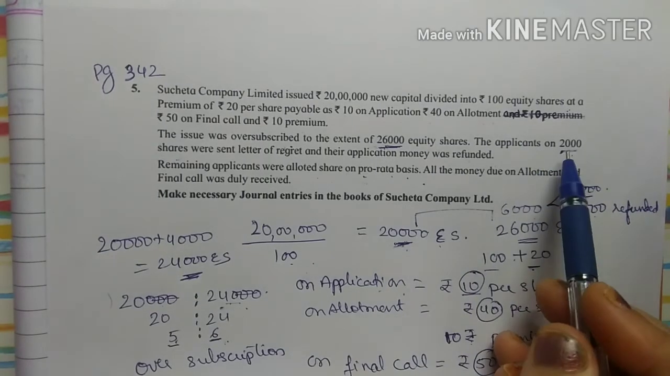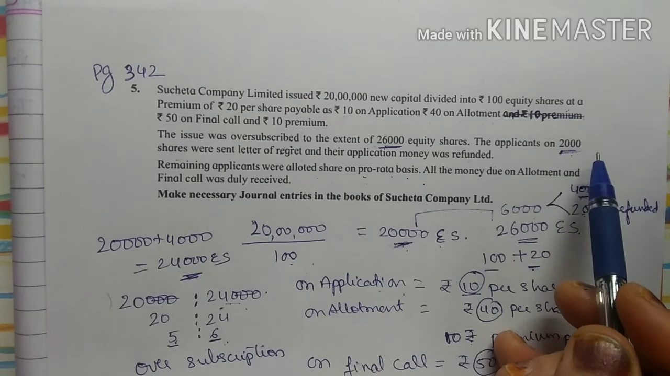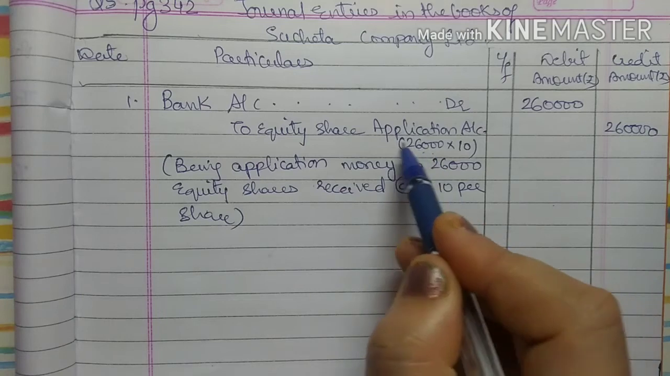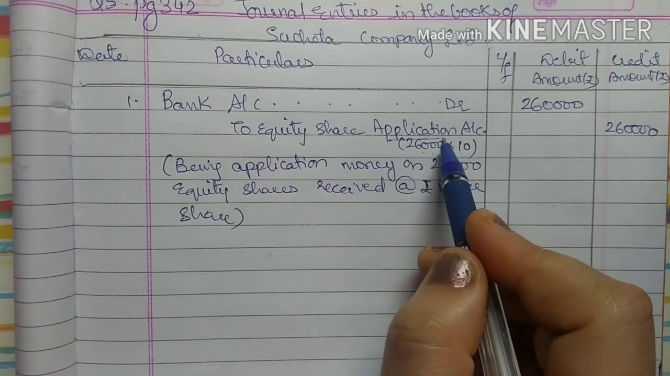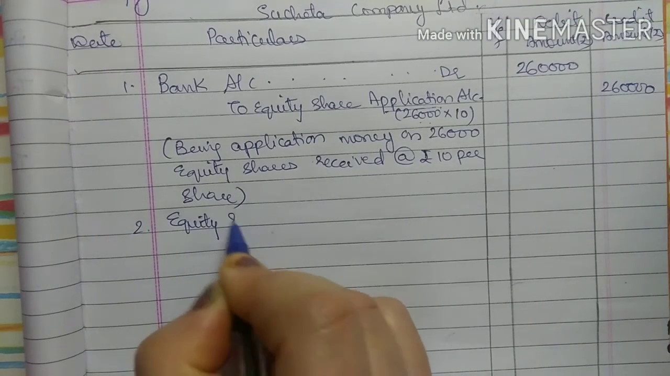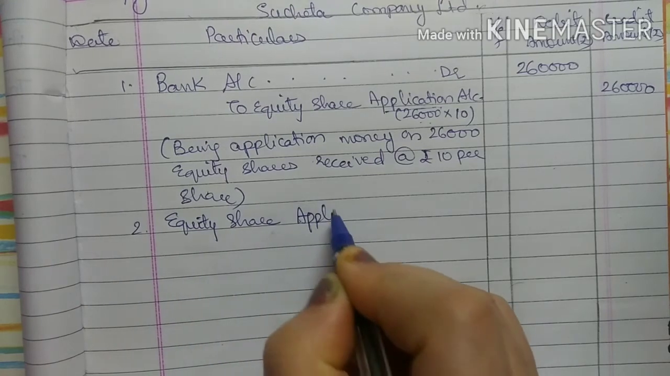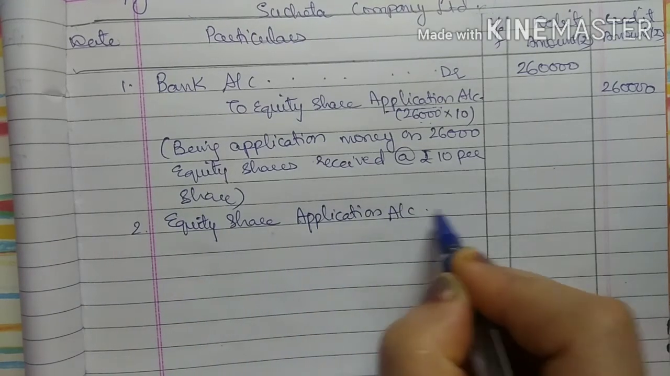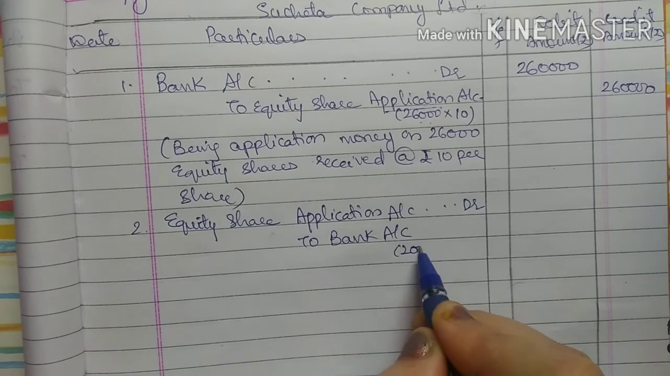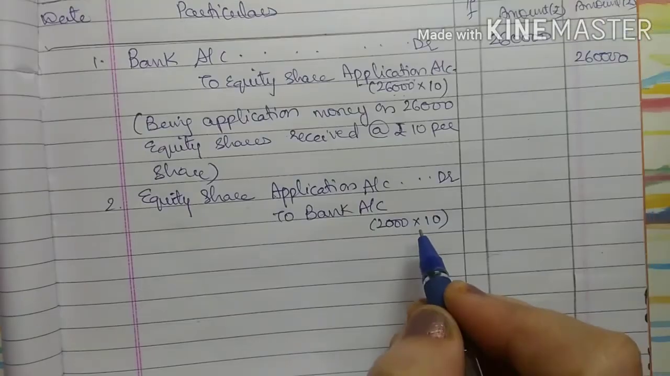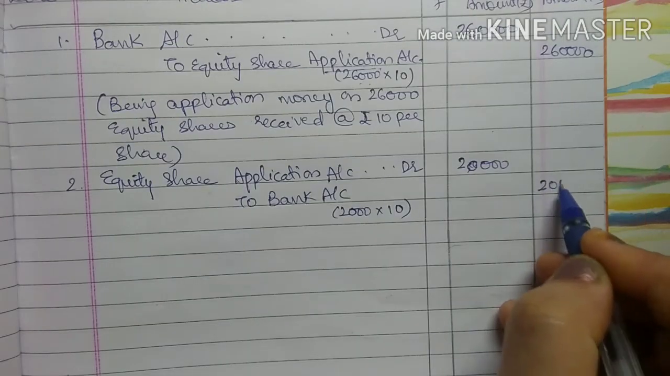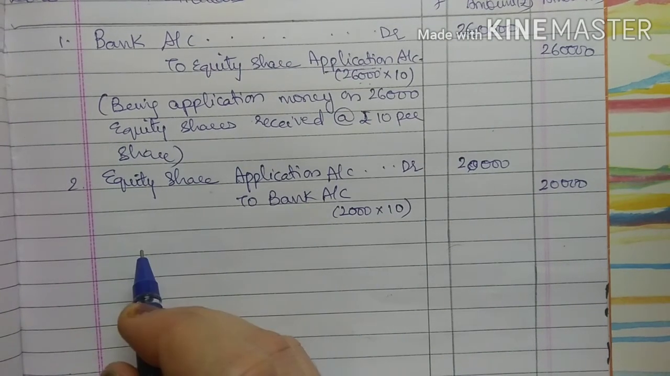Now the next entry will be for this 2,000 shares which has been रिफंडेड, राइट. तो 26,000 है तो 2,000 हमें रिफंड करना है. तो वो जो 2,000 का पैसा है वो कौन से अकाउंट में? एप्लीकेशन अकाउंट में, राइट. सो द नेक्स्ट एंट्री फॉर रिफंडिंग द अमाउंट विल बी इक्विटी शेयर application account debit to bank account. And how much we have refunded? 2,000 into 10, right? So this will be how much? 20,000, right? And the narration will be